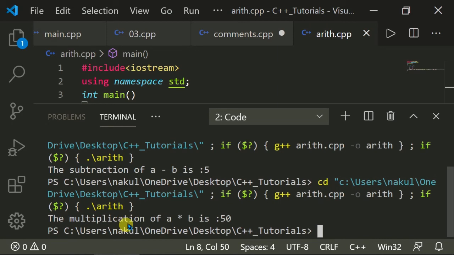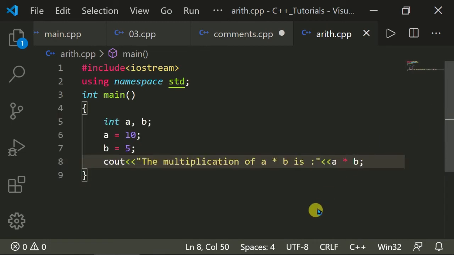If we add 10 five times, the result will be 50. With these operators we can also calculate big problems in mathematical arithmetic, like addition, subtraction, modulus, increment, decrement, like that.